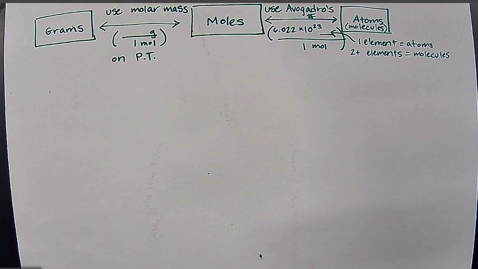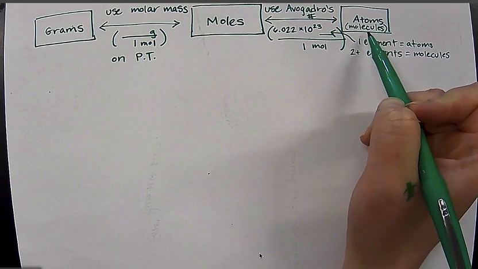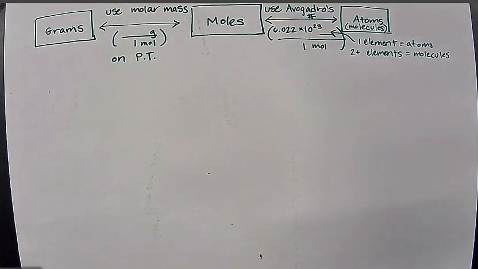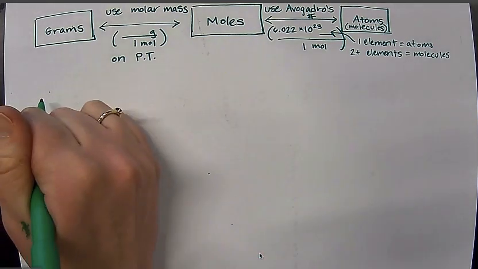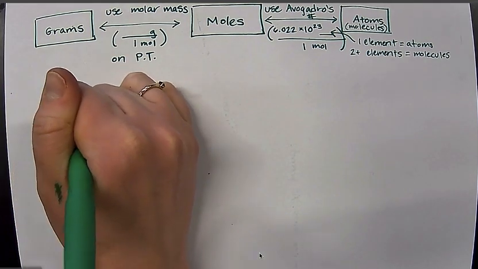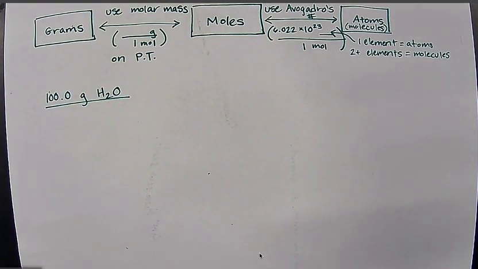So to use this mole map to convert between that which we can measure to that which we cannot see, we need to ask ourselves, where are we starting in this map and where do we need to end up? So I'm going to go ahead and do what I did in class today, which is use a homework problem to show you how this works. One of the problems that we did in class, actually from our notes, I'll go ahead and work for you. The question was, we had 100.0 grams of H2O,